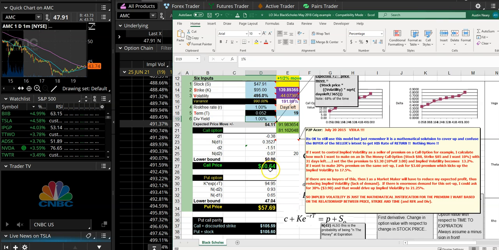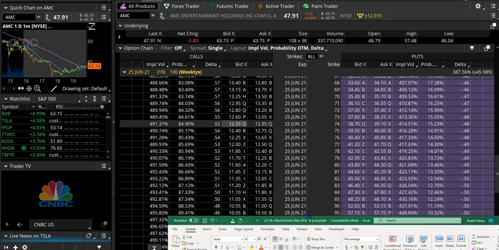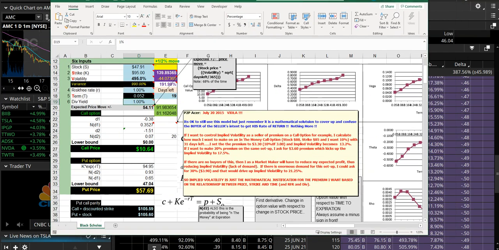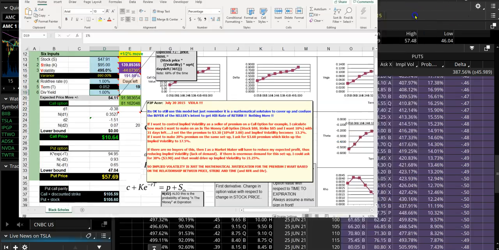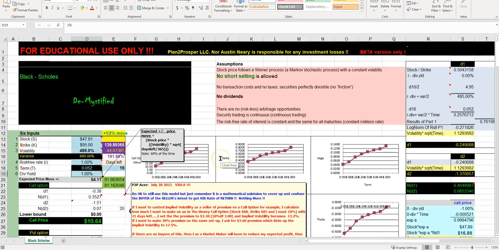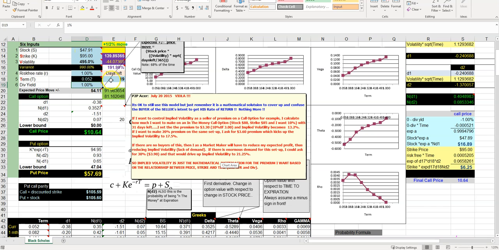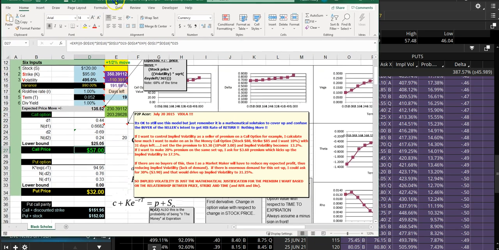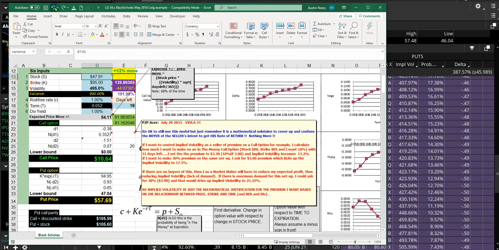So my calculation comes out, the value of that call option should be $10.64. The market right now, with it being closed, is saying $10.50. So we're close enough, all right, for our example. So I'm going to show you what happens. First thing, let's do the positive, and let's say that you buy it, and during the course of the day, the stock price goes up to $120. And so then your $10.61 is now worth $57. That's perfect, right?